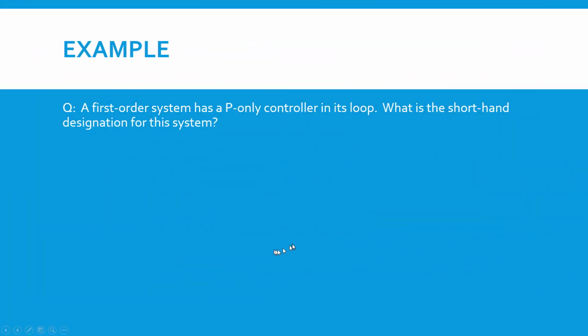Let's look at another example. This is actually a simpler example. We have a first order system that is a P-only controller, and that's actually a quite common system defined in industry. So what's the shorthand designation for this system? Well, it's P. There's no I part, there's no D part, and since it's a first order system, it's just T sub 1. Right, it's ODE,